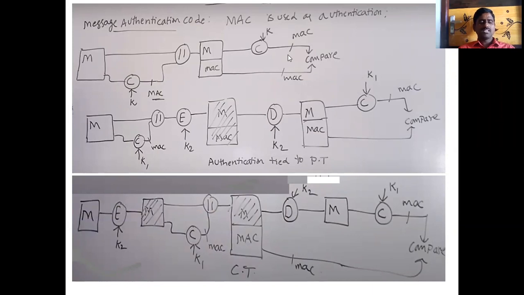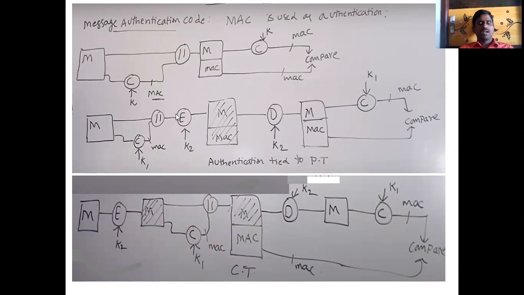But there is a problem here. See, the message is nowhere encrypted in this process. We are directly transferring the plain text. When you are transferring the plain text directly, there is a chance of modifying the plain text. So to overcome that problem, we have two techniques.